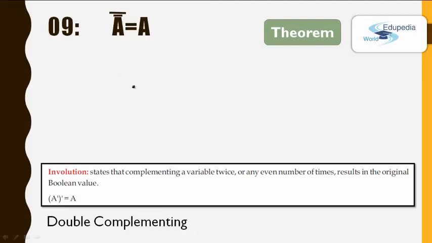Here we need 2 NOT gates, and I am going to draw the 2 NOT gates, the first NOT gate and the second NOT gate, and the input is A. At the first NOT gate it will output A bar, and in the second NOT gate it will output A double bar. Now this is our input and this is the intermediary step, and this is our output Y.